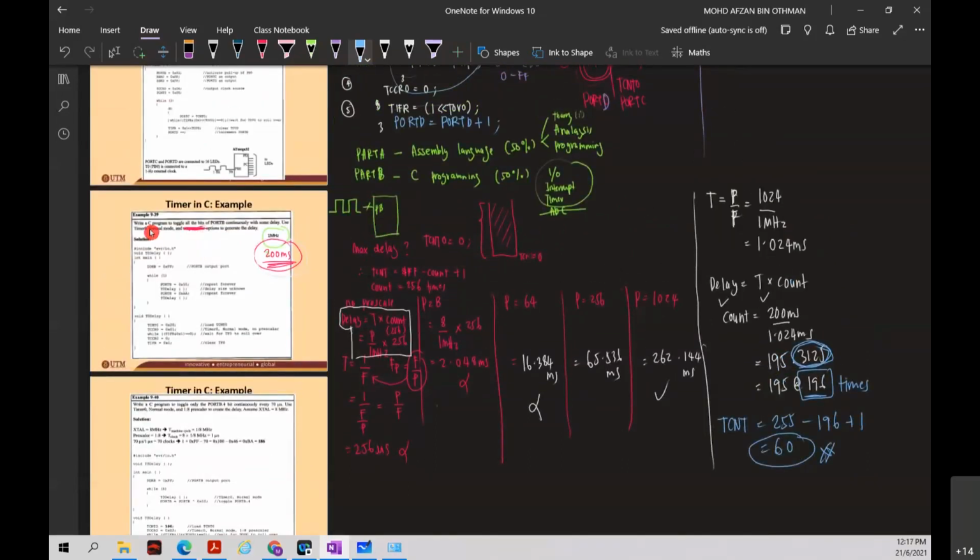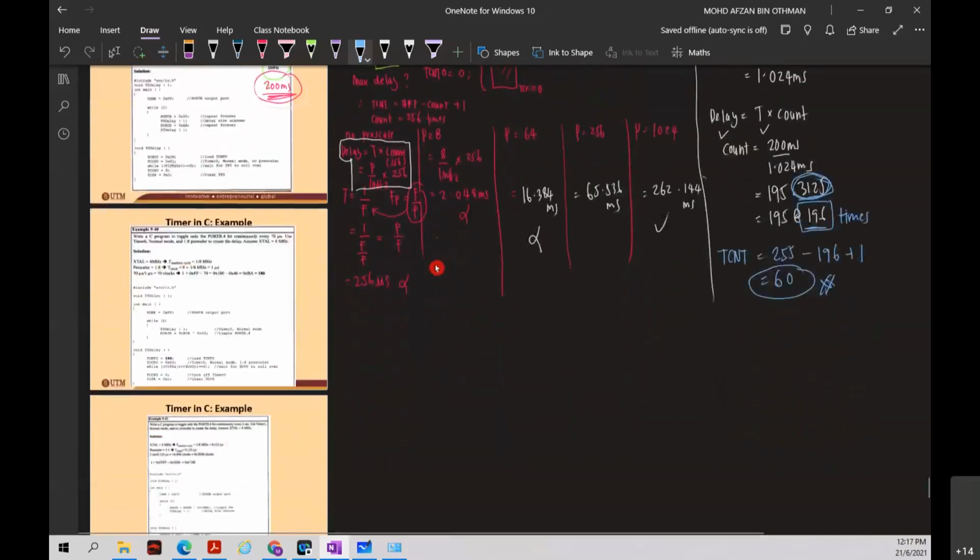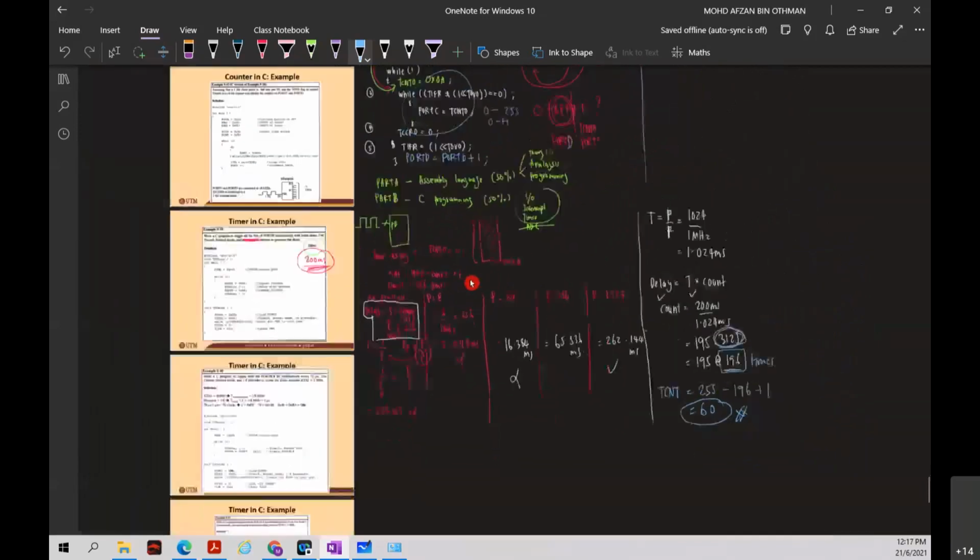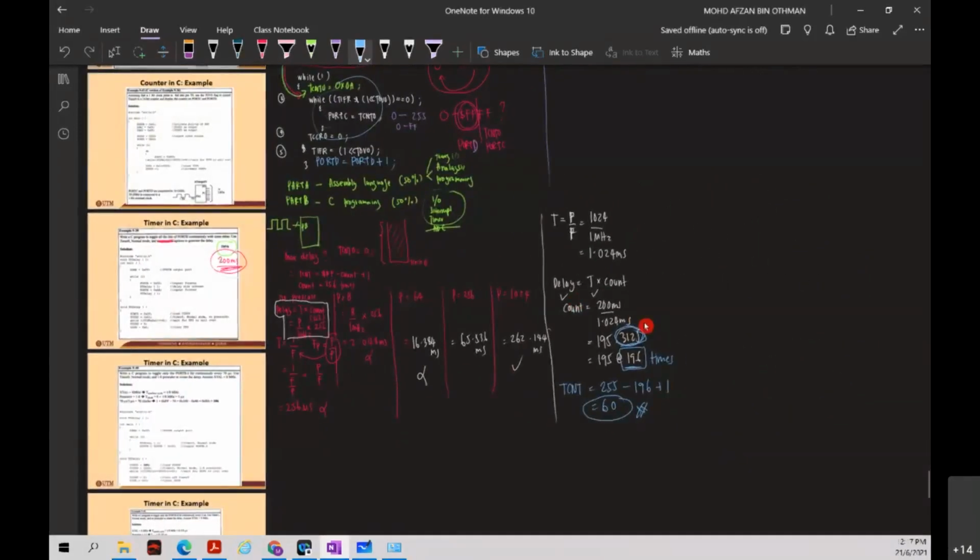Now we are going to write down the program. Write a C program to toggle all bits of port B continuously. So now I just simply write here. This is the program. Started with hashtag, we just write down the whole program. So include